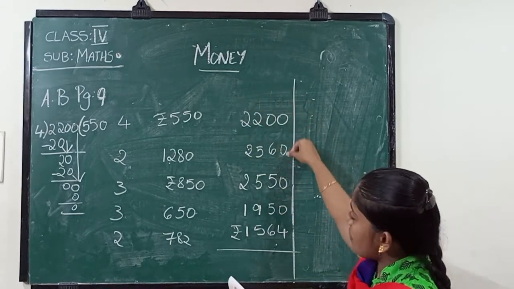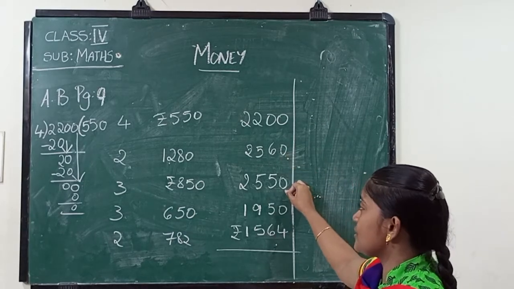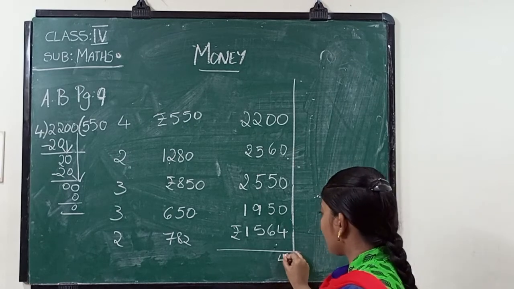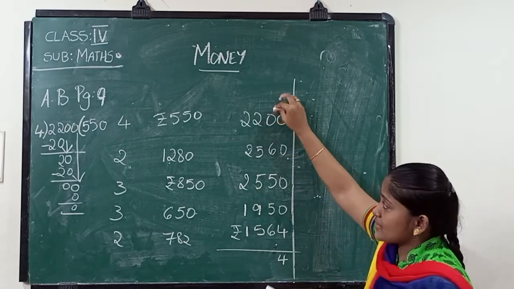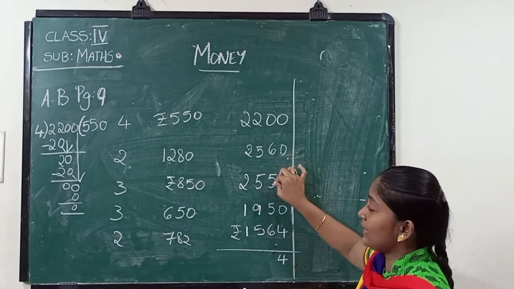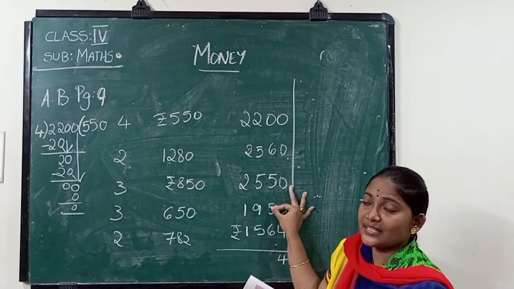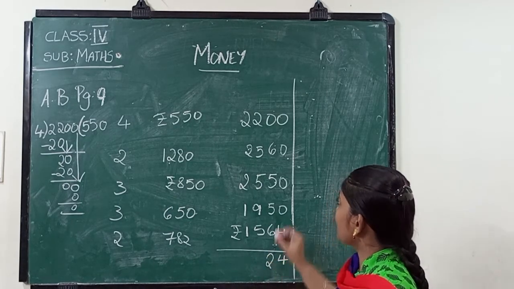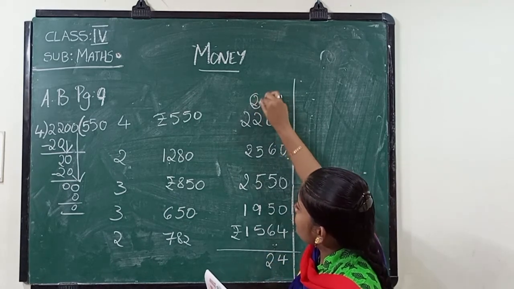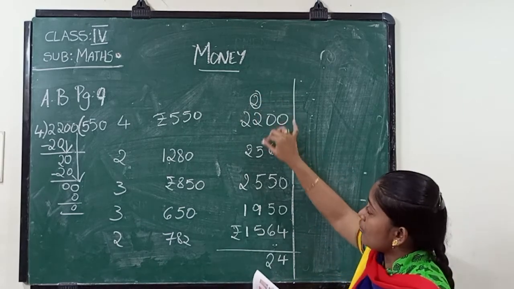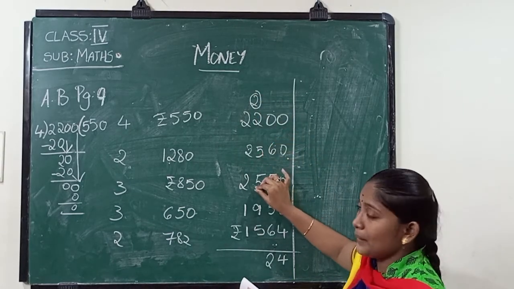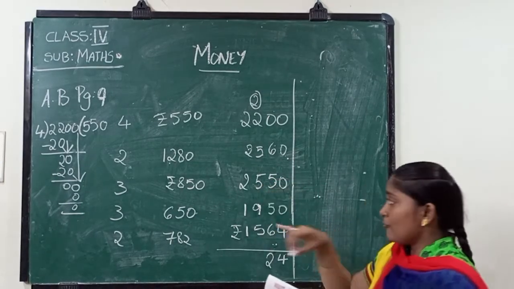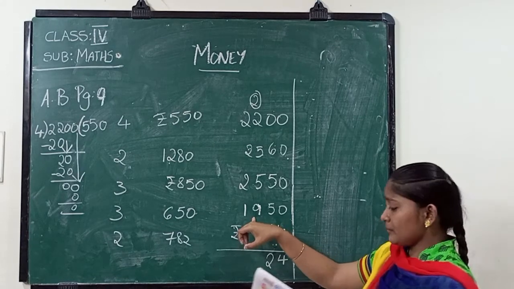See here, 0 plus 0, 0, 0 plus 0, 0, 0 plus 0, it's a 0, 0 plus 4, it's a 4. From tens place, 0 plus 6, 6, 6 plus 5, 11, 11 plus 5, it's 16, 16 plus 6, it's 22. How much? 22. 2 is carried to the hundreds place. 2 plus 2 is 4. 4 plus 5 is 9. 9 plus 5, 14. 14 plus 9, it's 22.